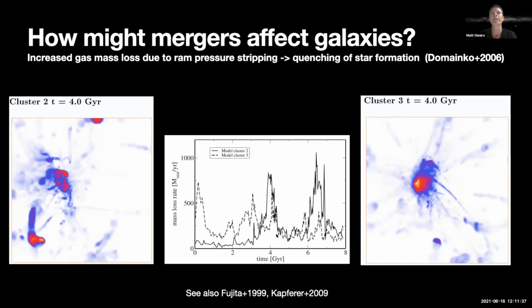And they didn't talk about quenching of star formation in this paper, but it's not too much of a stretch to imagine that this enhanced ram pressure stripping that's felt during this cluster merger undoubtedly leads to a more significant and a more accelerated quenching of star formation, just because there's no gas left in these galaxies in order to form stars anymore. So we might expect that major mergers, given this simulation, drive quenching of star formation rather